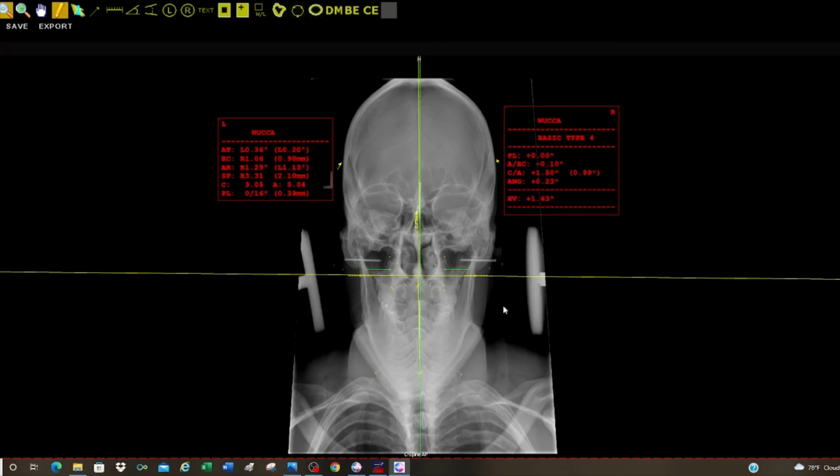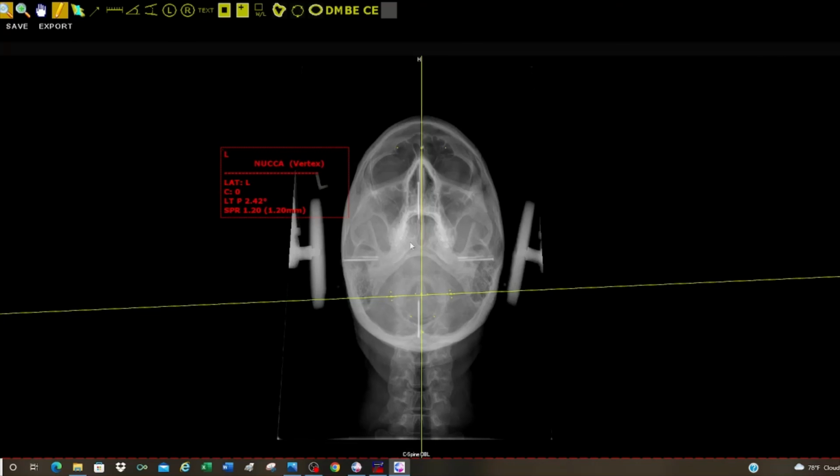We'll cover this again in a future video, should I say. But the key takeaways from this is that the atlas has risen up on the left side, creating an opposite angle. The acute angles on this are on the left on the top side and on the right on the bottom side. So if you remember your physics and levers and wedges from physics when you took it in high school or college, you have to come high above this angulation to drive the structures across. And again, we'll cover that in a future video. But this does give us our basic analysis to figure out how high and how rotated we have to come